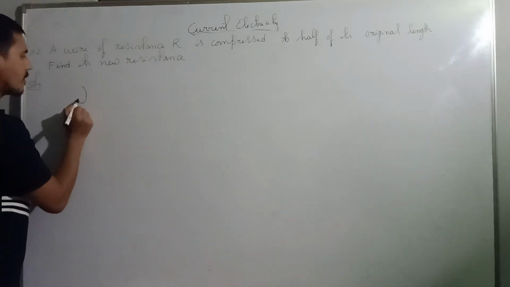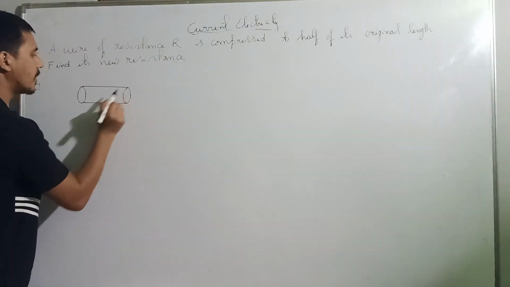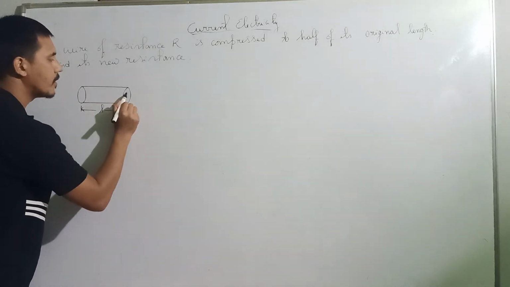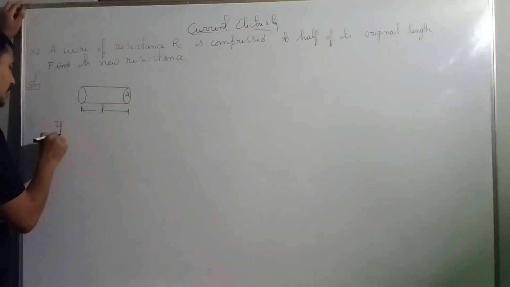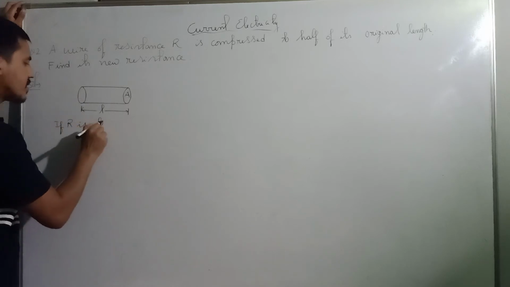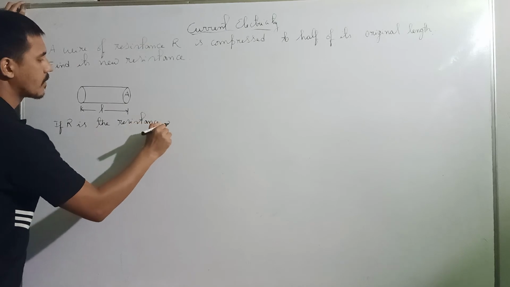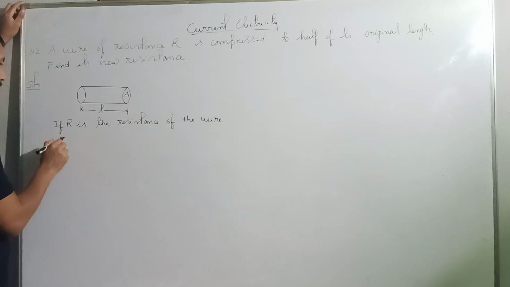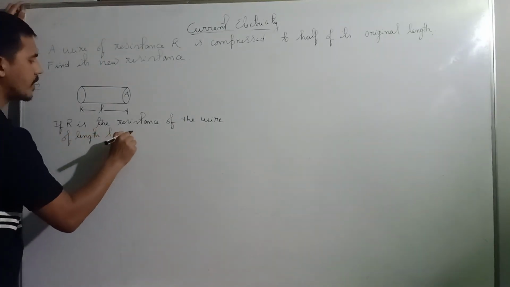So suppose we have a wire of length L, and area of cross section A. If R is the resistance of the wire of length L and area A,